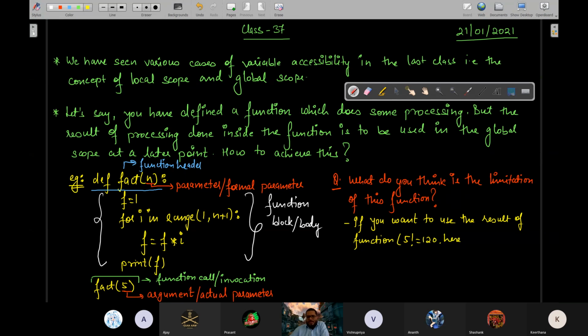Okay, in this case, later in the program, in the global scope, then you won't be able to use it. You won't be able to use it.